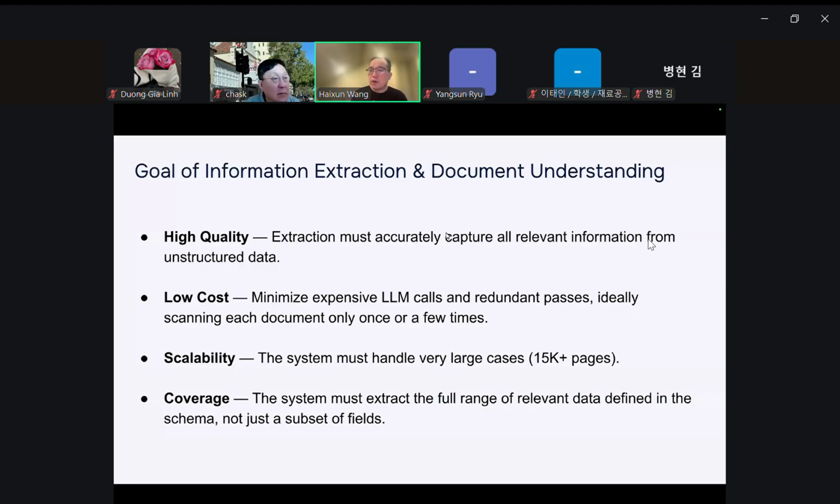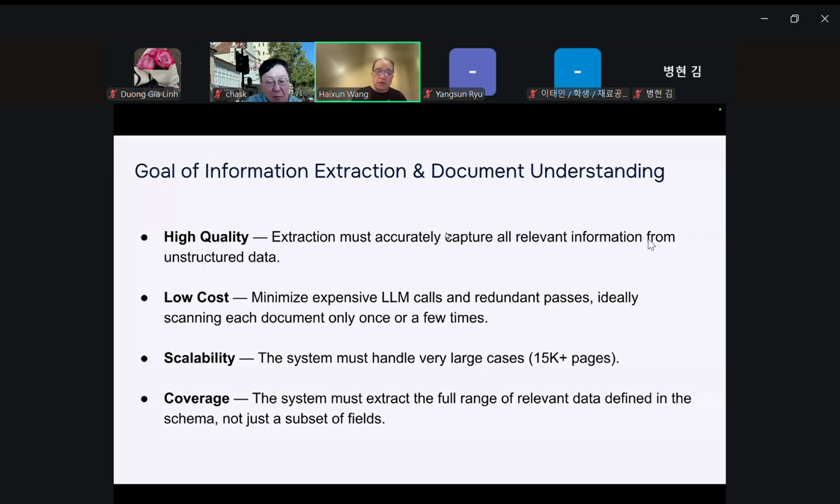We want high quality, and we want low cost, because we are using large language models and vision models very extensively. So cost is a big issue. And we also want scalability. That means we need to be able to handle very, very large cases, could be 15,000 pages or could be 50,000 pages, right? And also we want coverage.